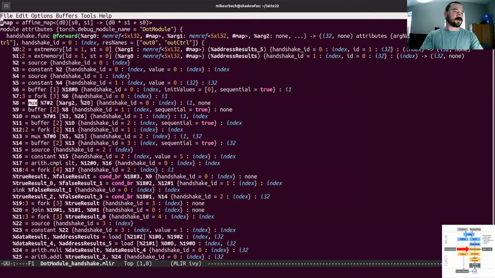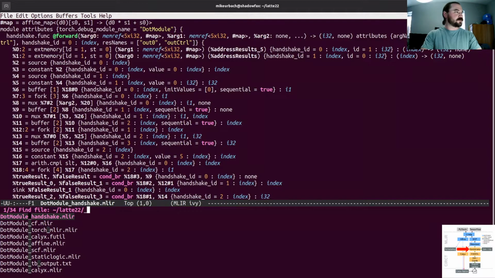And so the control data flow graph gets made explicit in terms of what are the signals going in and out. And then we have a way to lower each operation in the handshake dialect to latency insensitive hardware. So this data flow graph with control and data flowing through it gets lowered into hardware that is latency insensitive and realizes the overall computation. So that's our